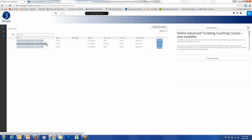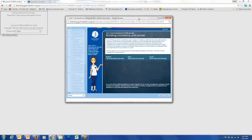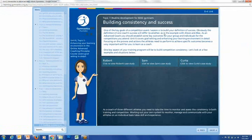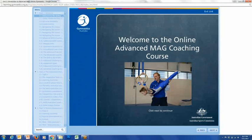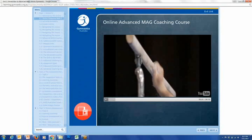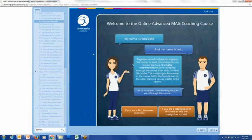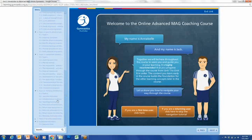But what we're going to do is open up this online MAG course that this coach has already been working in. And if I just enlarge the screen and we look at this particular topic, it's the very first unit that you see when you open up the course. When we open up the screen, all the navigation tabs down the left-hand side, when they all become a light colour or not a bold colour,